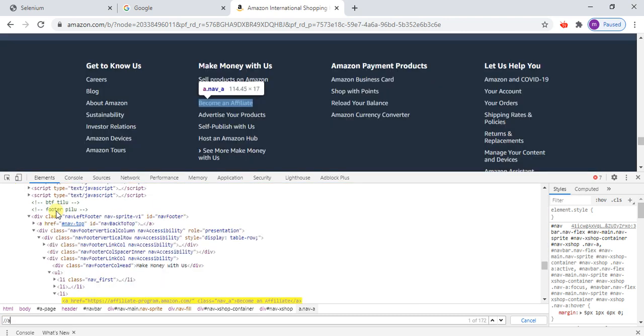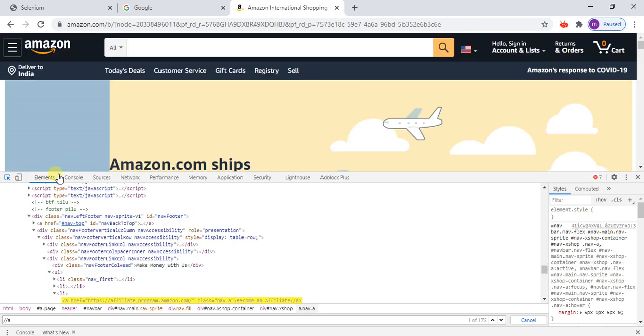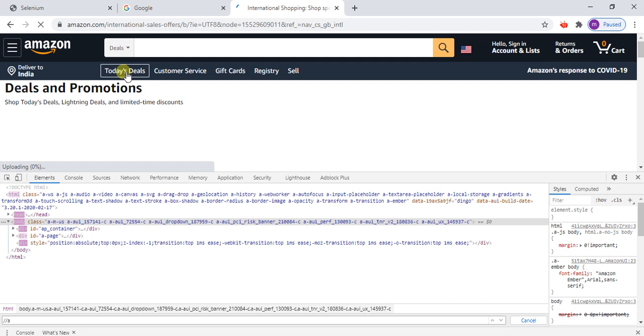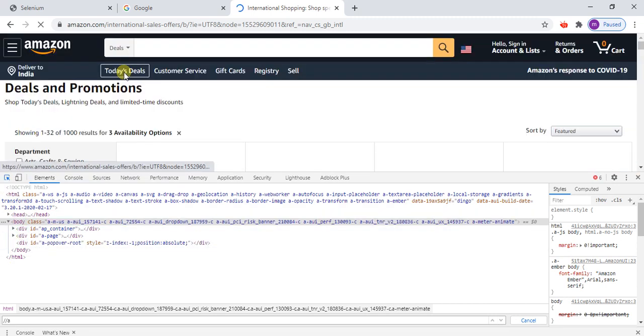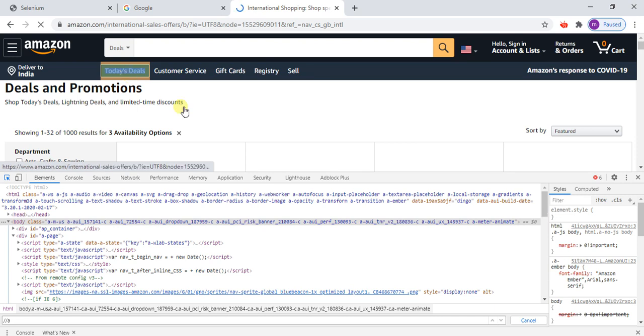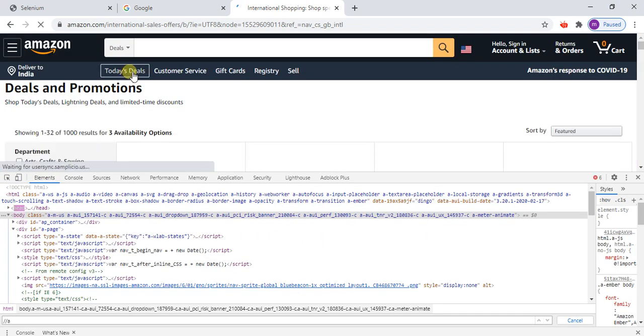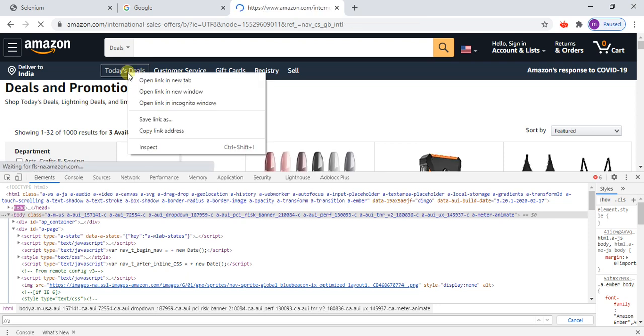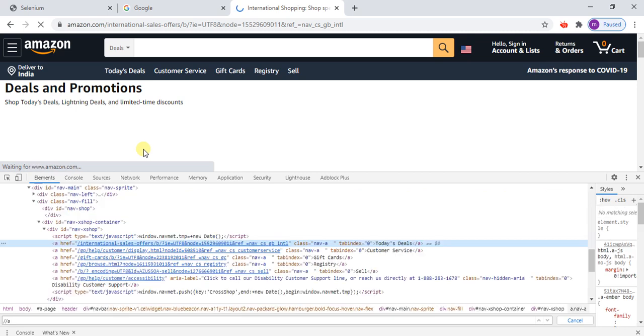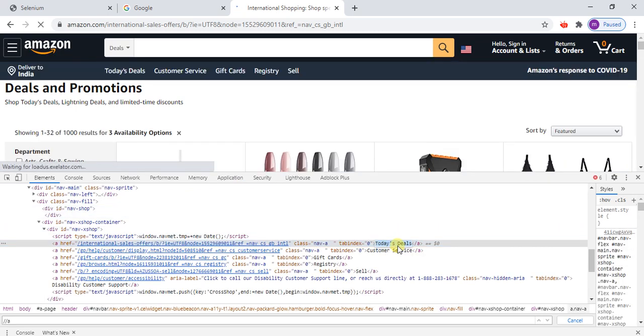Here the tag name is A. Then write text equal to, in single quotes.